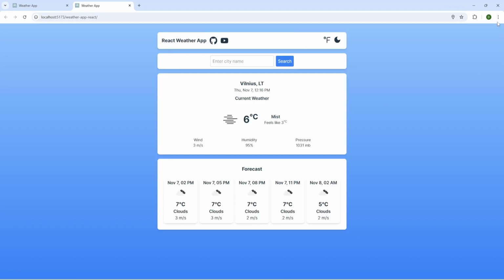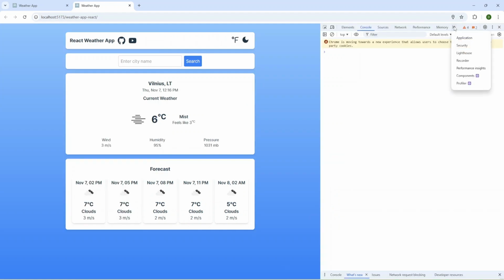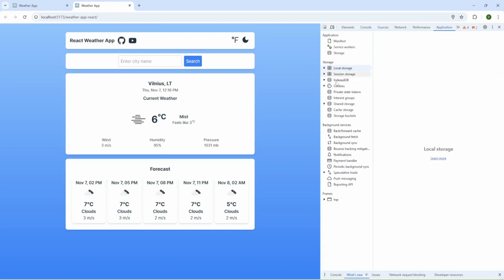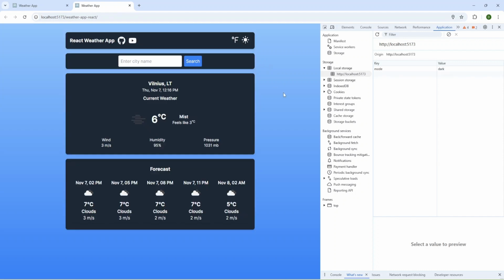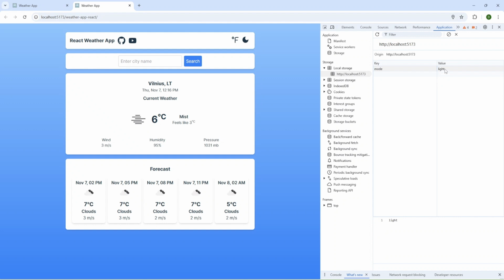Now I'm going to open developer tools, go to Application and select Local Storage and my localhost. And now I'm going to change my theme to dark. And as you can see, we have mode with value dark in our local storage. And when I change back, I have mode with value light.